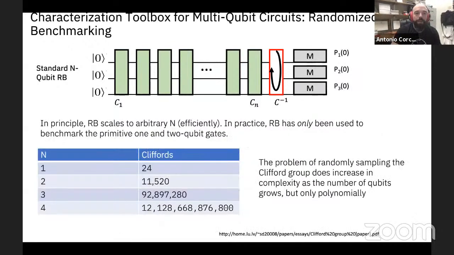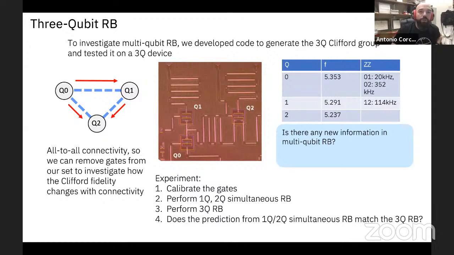So as I was saying, another nice thing about the Cliffords is that when you increase the system size, they increase exponentially, but the sampling difficulty doesn't increase exponentially, only polynomially. So we can still efficiently sample that set of Cliffords randomly to come up with the sequence that we need to run. So normally we do 1 and 2 qubit Cliffords only, and from there we get single and 2 qubit gate fidelities. But here is an example where